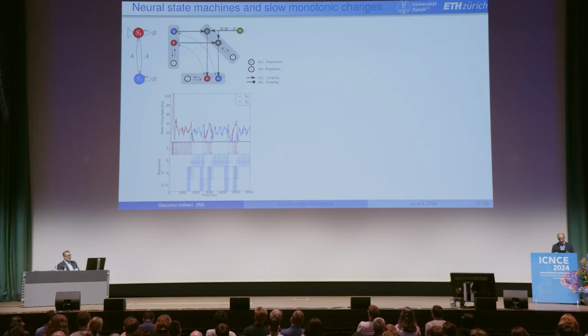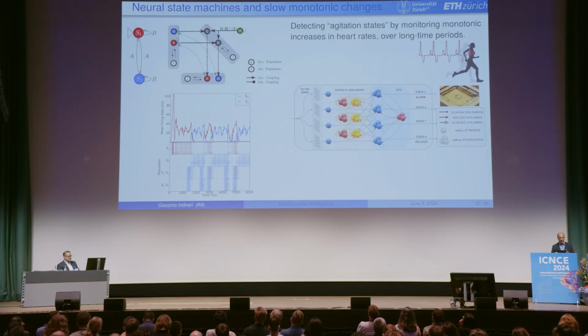And now, to show you how we can monitor heart rates, we've been implementing exactly the same framework on data coming from measurements of heart rates, filtering those in 4 different bands: low heart rate, intermediate heart rate, high heart rate, and very high heart rate. Then we encode those with states, where the low state is relaxed, the intermediate states are state 1 and state 2, and the very strong heart rate is alarm, state 3.